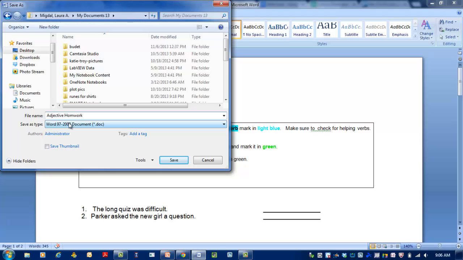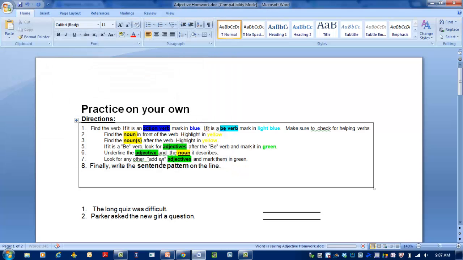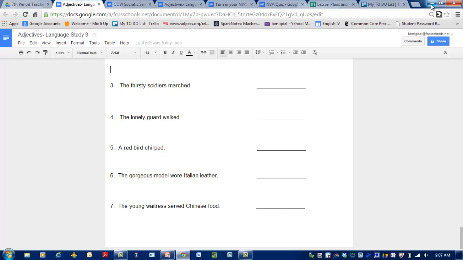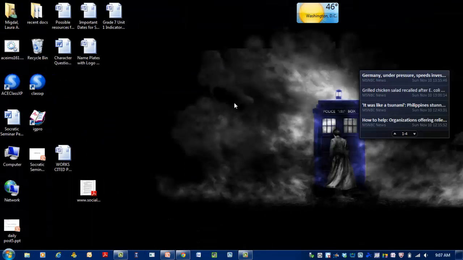And then you're saving it as a Word document, which will be automatic, and you just hit Save. And then when you go home, it's very simple. All you have to do now is when you're home, you turn on your computer like this, and you go find your folder up here,